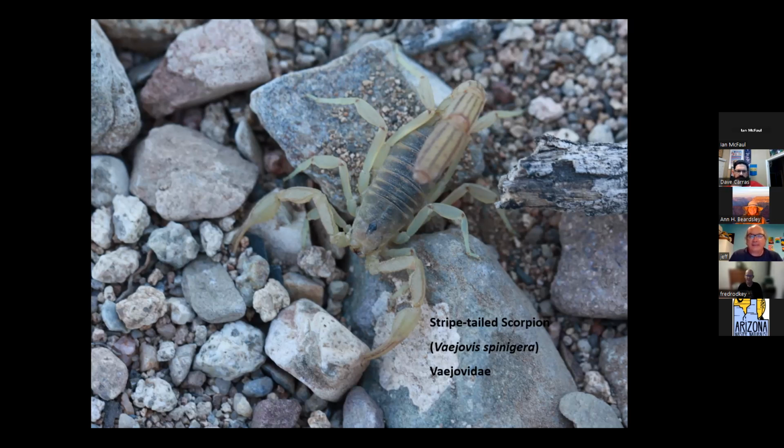But scorpions are related to spiders. They're both arachnids. And for most of them, their venom, again, is no worse than a bee sting. There is one exception to that. That's the bark scorpion. It's sort of more orangey than this one, and it has very thin appendages, so it has this almost delicate look to it. But other than that one, if you get stung, it's probably not anything to really worry about,